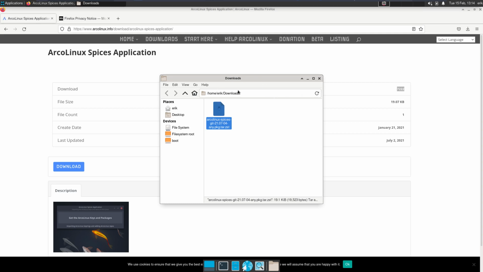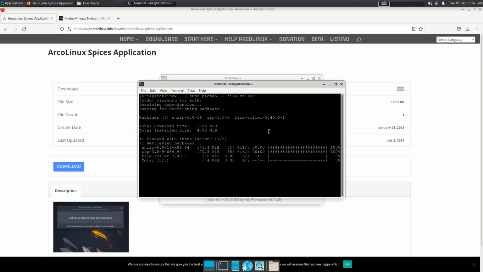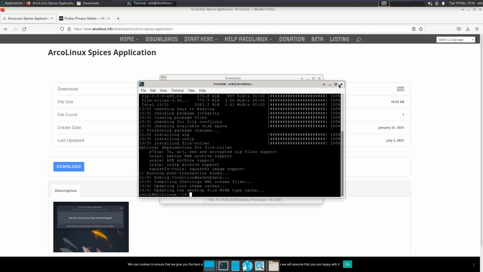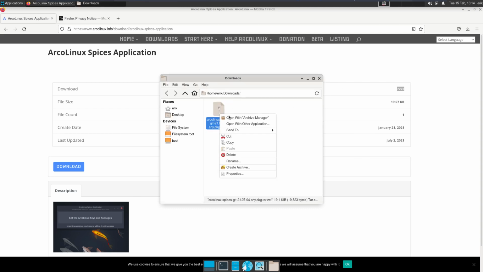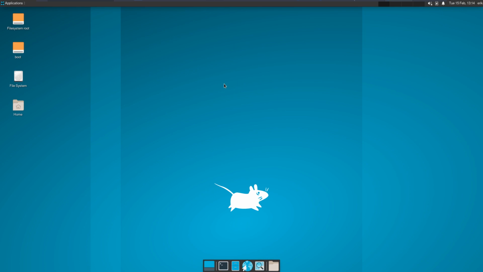Go. So I need to extract. Can't extract. Sudo pacman -S file-roller. Done. Can I now extract? Yes, you can, but no, you can't. I can already open with Archive Manager, which will do a bit of the job, but either I log out